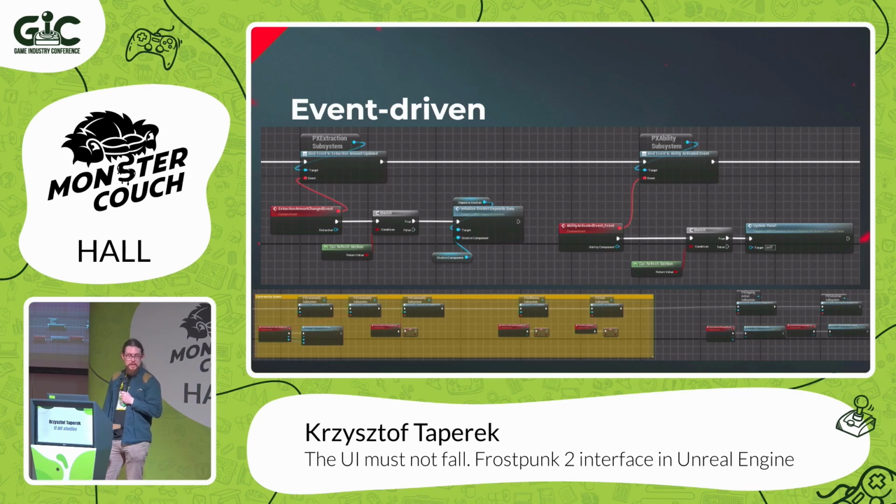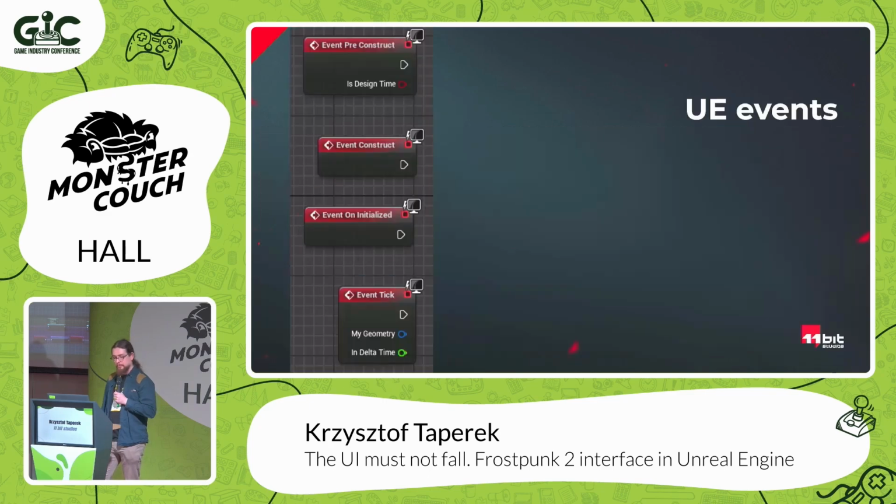The most important rule, everything is event-driven. So we are just putting a lot of not beautiful but working nodes that are binding to a lot of events. Our whole game is event-based, and we are not doing almost anything on tick. Of course, sometimes it looks terrible when you have 10 or 15 events in a row. It's very easy to miss something, but in that case, sometimes it's just easier to handle it from the code. So for more complicated widgets, we are just moving it to the code. But first, we are usually implementing it in Blueprints.